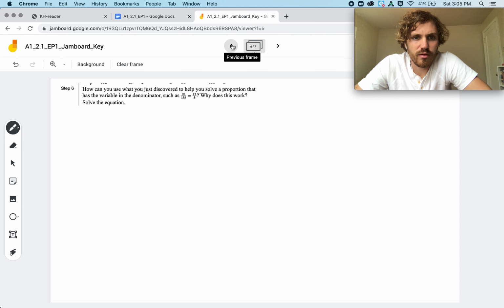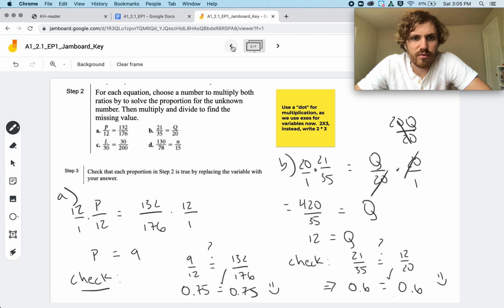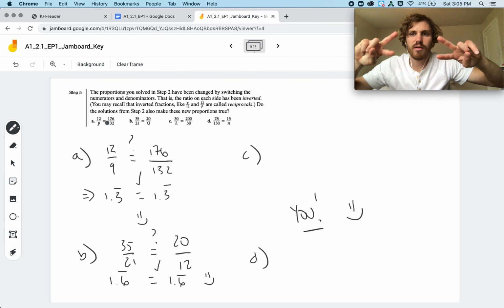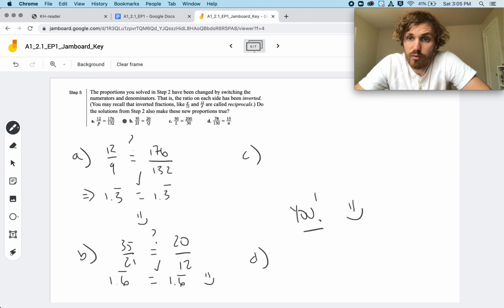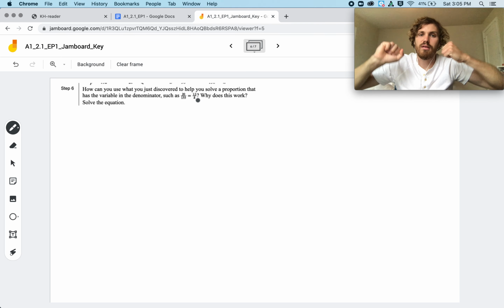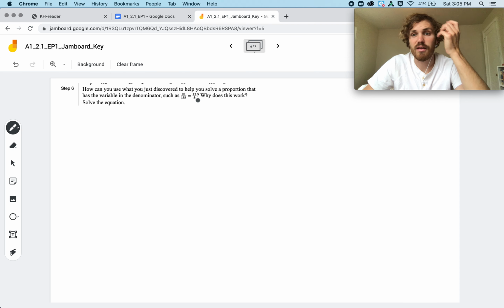So you'll notice the difference in this equation is that for the ones we saw, the variable is in the numerator every single time, and we decided that if the variable is in the numerator, you can simply multiply both sides of the equation by the number which the variable is being divided by. For instance, if you have x over 15, multiply both sides by 15 over 1. Then we saw that if you flip the proportions, you invert them, you still get the same solution. So since we have a variable in the denominator here, maybe we could invert it and then solve it from there. So my suggestion is going to be,